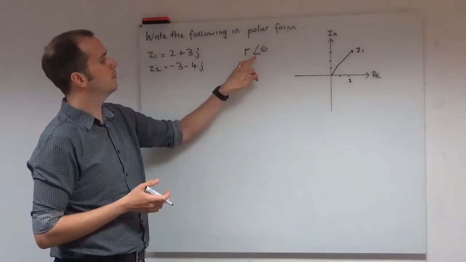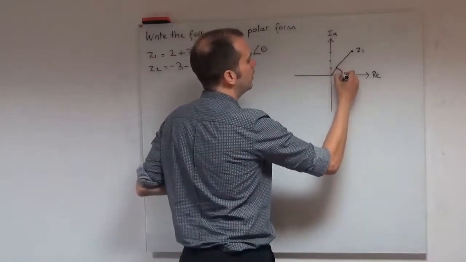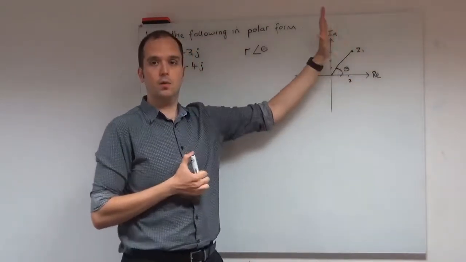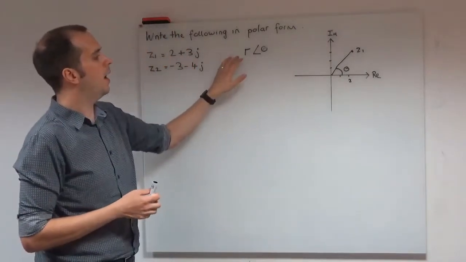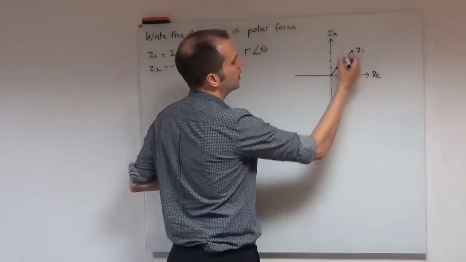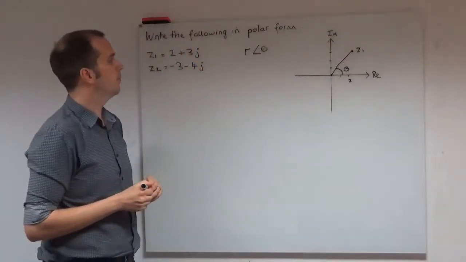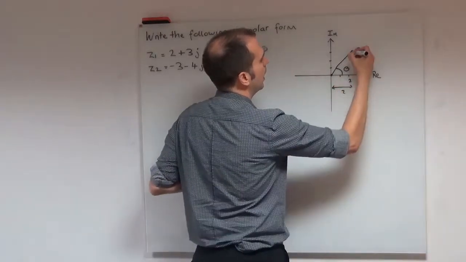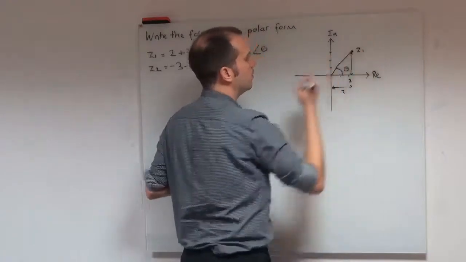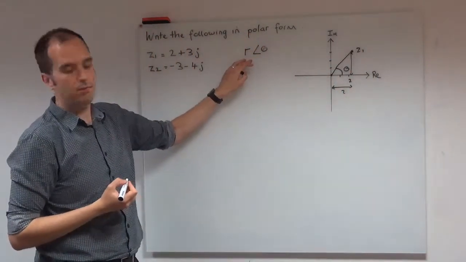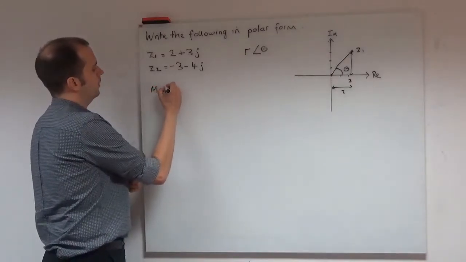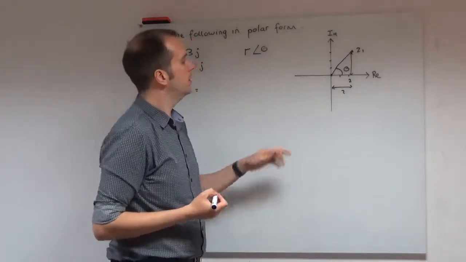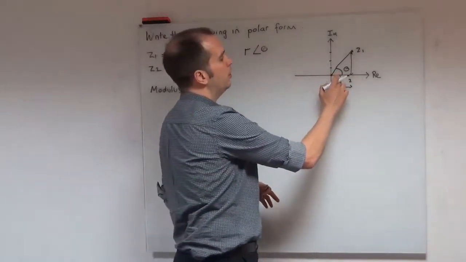So in our r angle theta, our theta is the angle the complex number makes with the real axis, and that is coming anti-clockwise from the real axis, and r is the length of the line from the origin to the point. So let's have a look at what we got here. We have 2 across, and we go 3 up. So if I want to find my modulus for Z1, I have to use some Pythagoras. It's a right angled triangle. It's 2, 3,